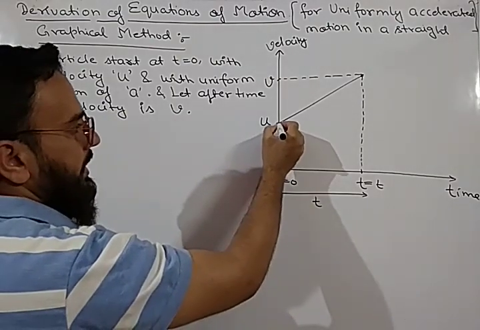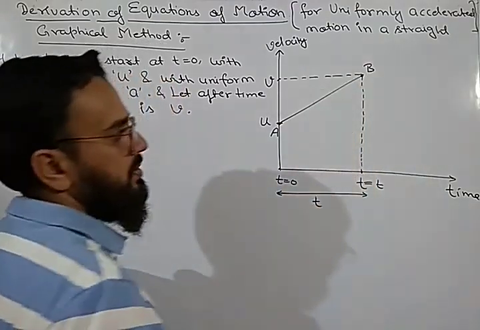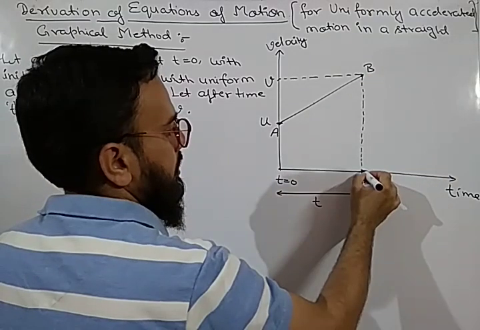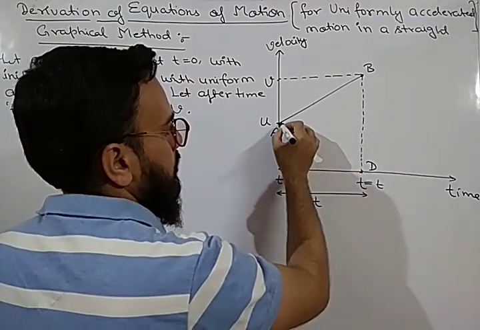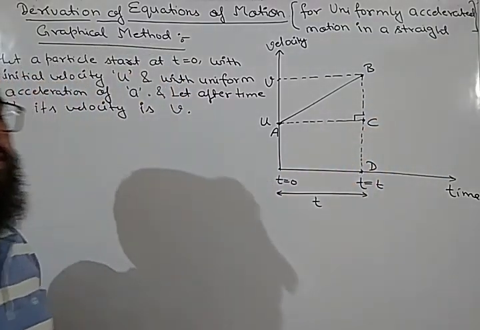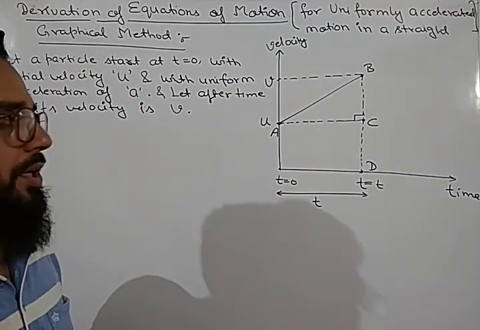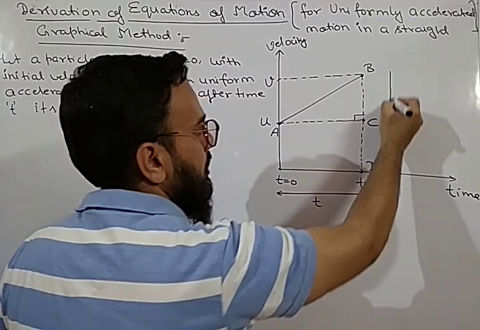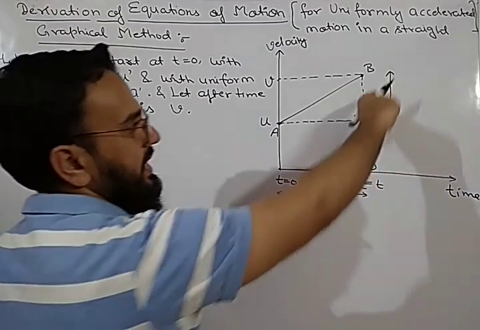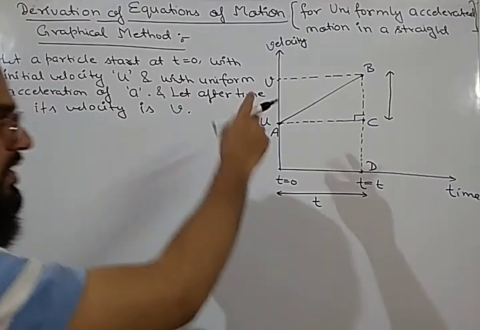Now let us consider this point of initial velocity as A, this point as B, and let us draw a perpendicular from A, and let this point be D. This is the perpendicular. Let us consider this point as C. So now a triangle ABC is formed. Now if you calculate the value of BC, how will you calculate BC? BC can be written as total distance BD minus CD. So first I am finding BC.